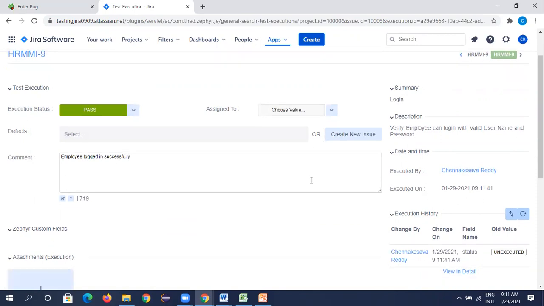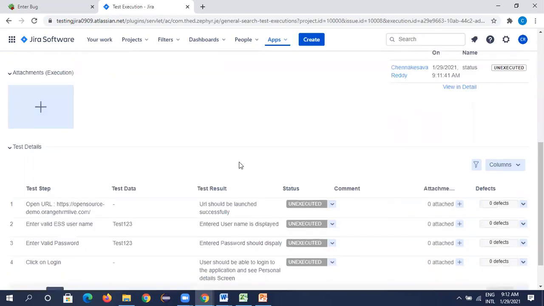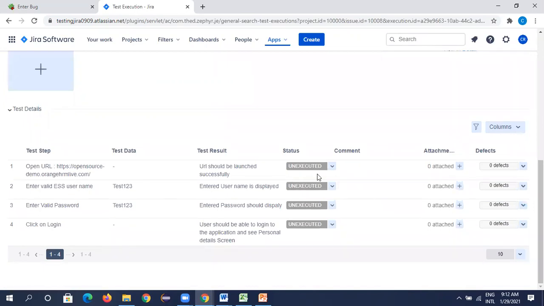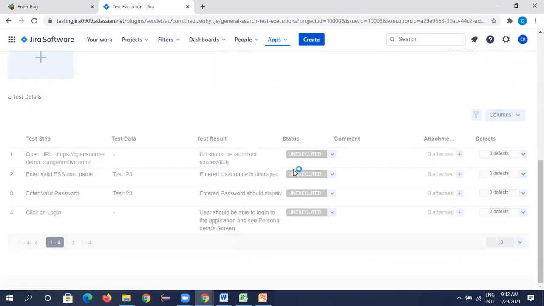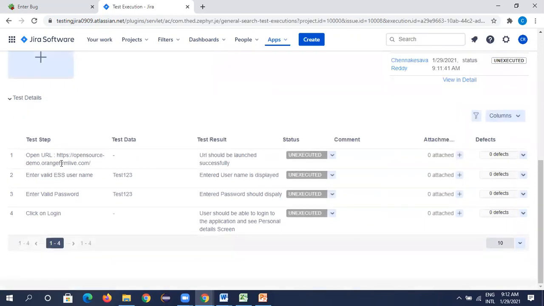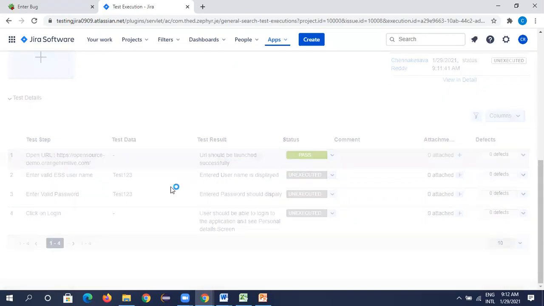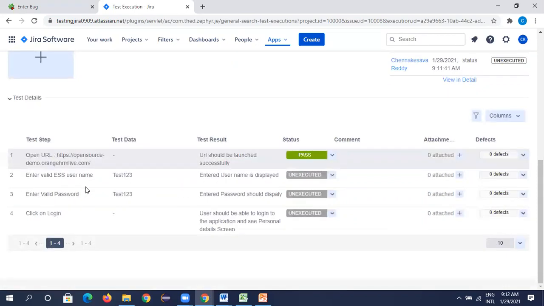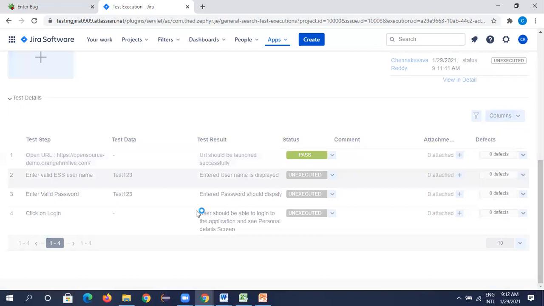Okay, so this step status passed. Okay, next, enter valid username and password entered. Okay, entered username is displayed. Yes, pass. So entered valid password. So yes, we have entered the valid password.